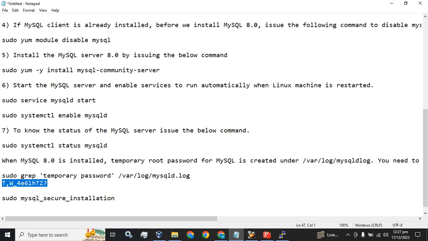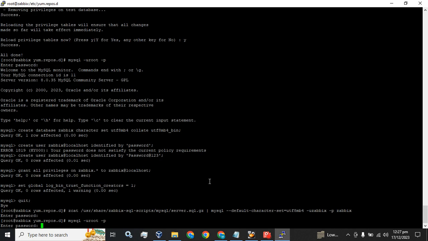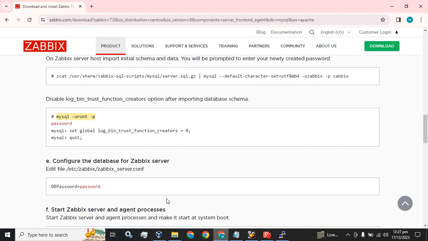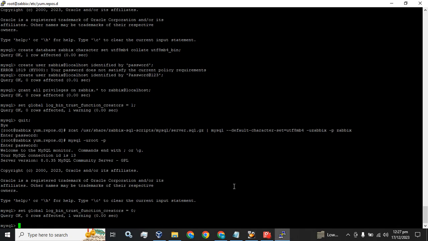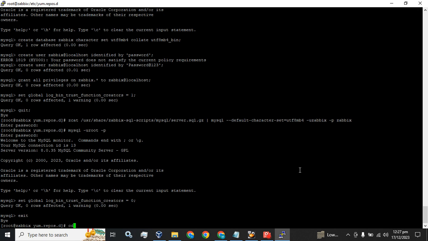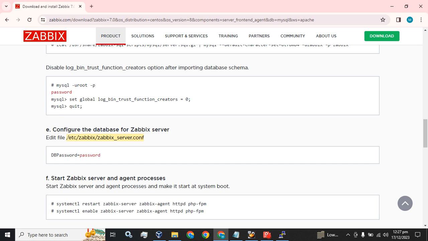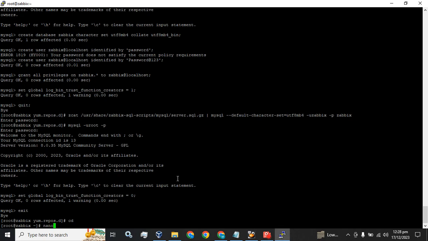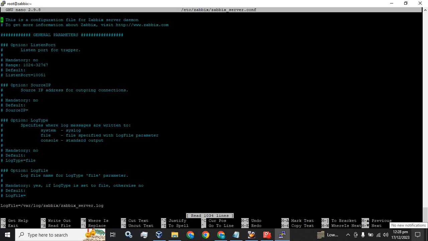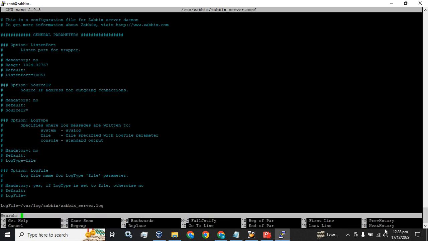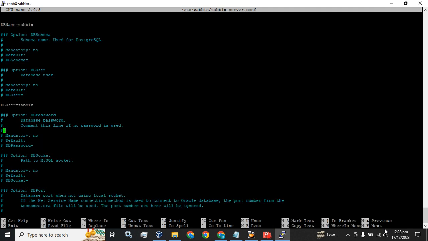I am going to type the password first over here because this password will be used in the future as well. We have entered the database. Run this below command in the database, and now we can exit the database. Next step, we have to replace the DB password with our newly created password. Now press Ctrl W to find the DB password keyword. Press enter. It will take you to the